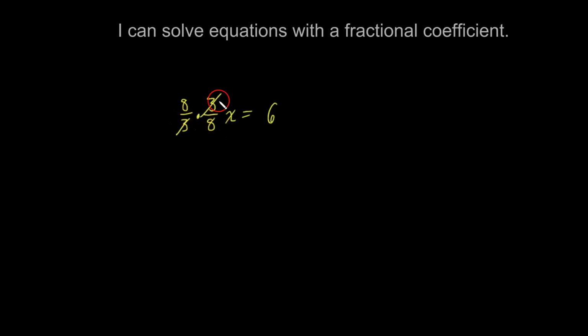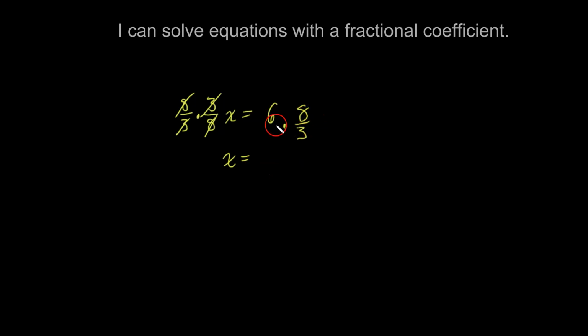And that, boom, the 3's are gone. Also, the 8's are gone. Okay, so now we've isolated the variable. All that we're left with is x on the left side of this equation. And if we multiply the left side by 8 over 3, we also have to multiply the right side by 8 over 3. So all we're left with on the left side is x, and x is equal to, well,